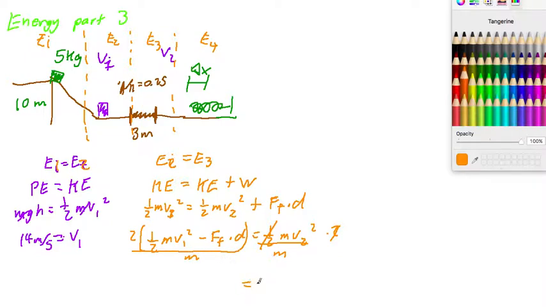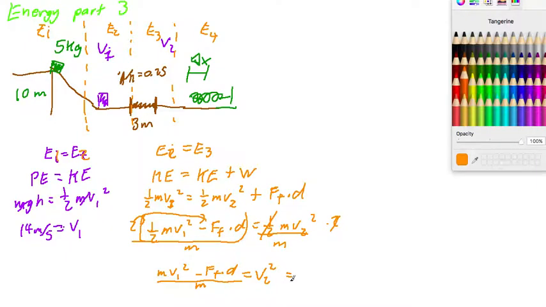Alright, so then we end up having v squared 2, so right after it gets out of that friction, is going to be equal to, if you do FOIL right here, right? So then this will be mv1 squared minus force of friction times distance over mass, right? So now remember from our previous videos as well, we know that the force of friction in a horizontal, we know that that's nothing else but